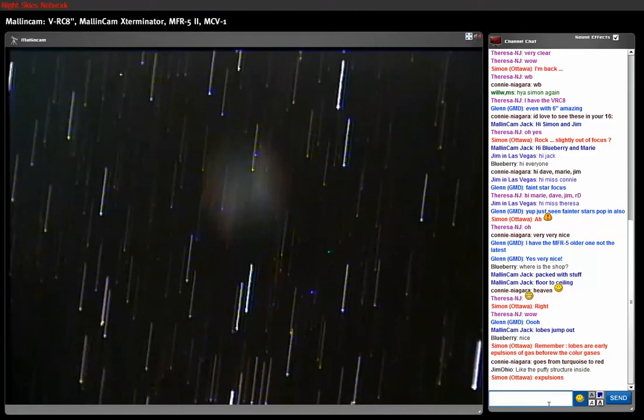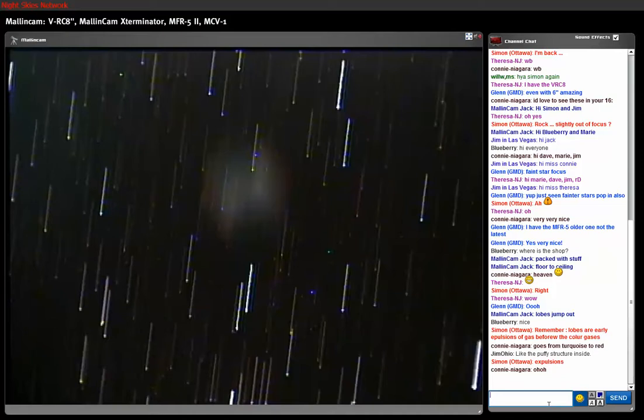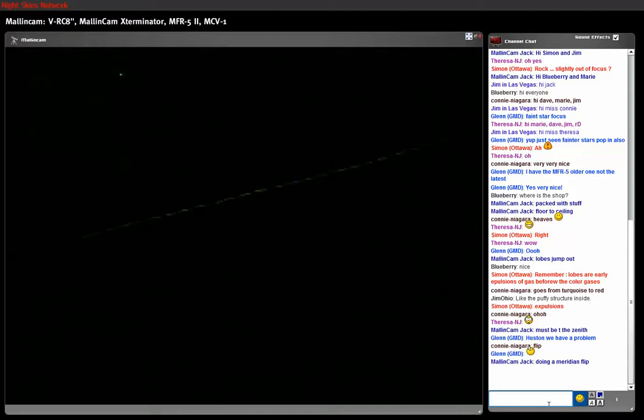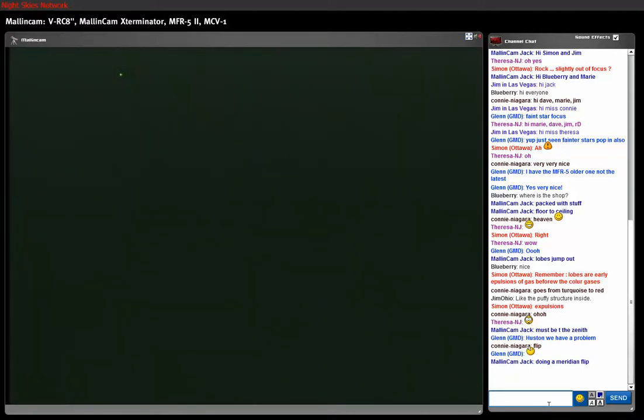Uh-oh. Oh, crap. Here we go. Hang on. There goes my mouth. Hang on, folks. Did I ever mention how much I dislike EQ mounts? So we've got to do a meridian flip. I think the mount went out of line, but hang on, folks. I've got to do a whole flip with the mount and retrieve the object. Man, that was a nice one. Hang on a sec. I'll be right back. How much damage was